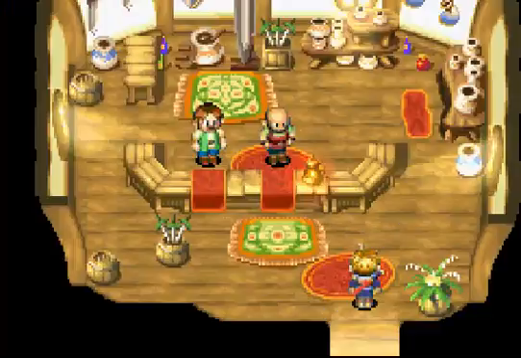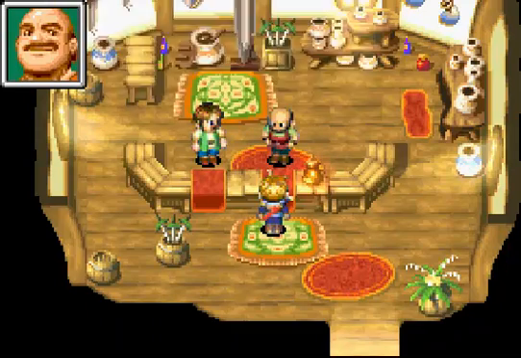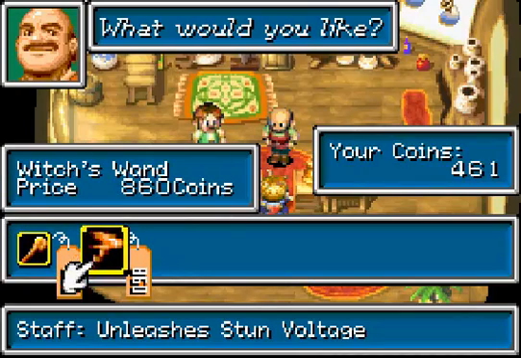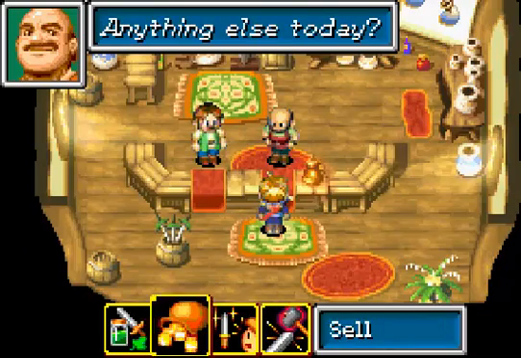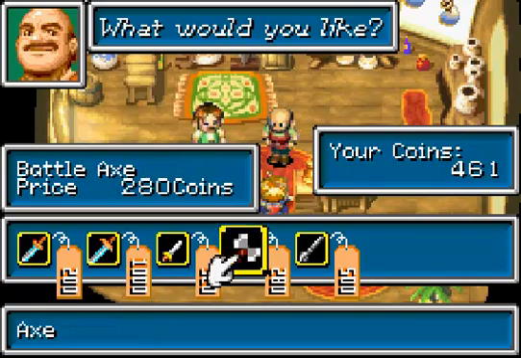Stop in the weapon item shop, or defense shop. Let's see what artifacts you have. The Magic Rod and Witch's Wand. Now both of those are pretty good, but even if I had the money, I probably wouldn't spend it on it. And a couple other items here. Eventually when I have the money,